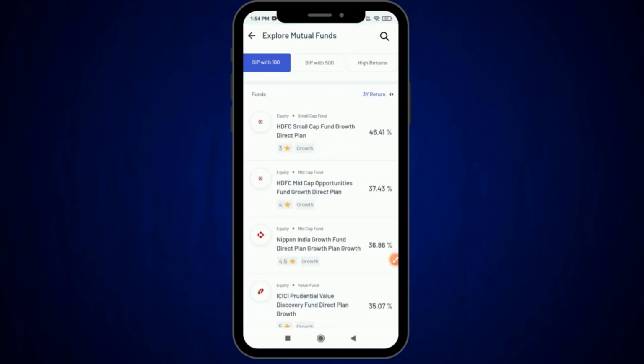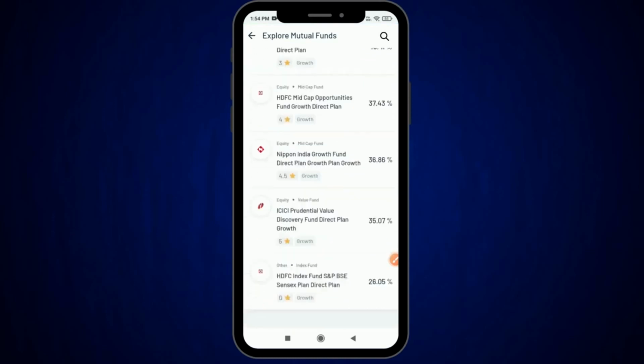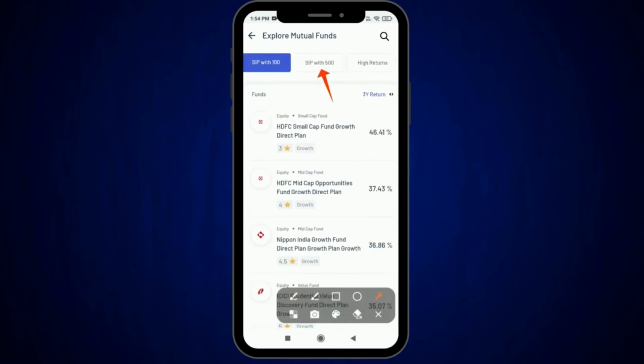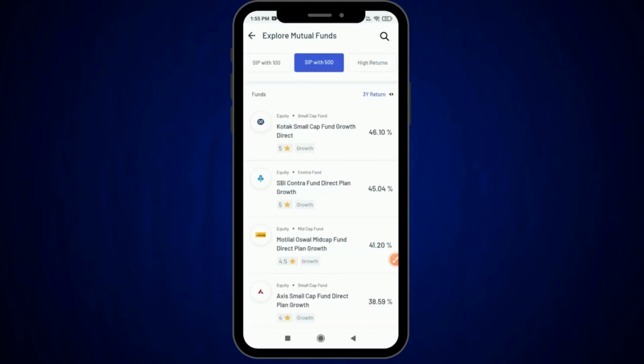Once I click on it, here I'm able to spot SIP with 100 mutual funds. If you scroll down, you can spot more mutual funds. Or if you'd like to go with SIP with 500, you can just click on it. Then you'll be able to spot the mutual funds where you can get started with as low as 500 rupees, or you can start a systematic investment plan as low as 500 rupees. Or if you'd like to go with the higher return mutual funds, just click on this higher return option